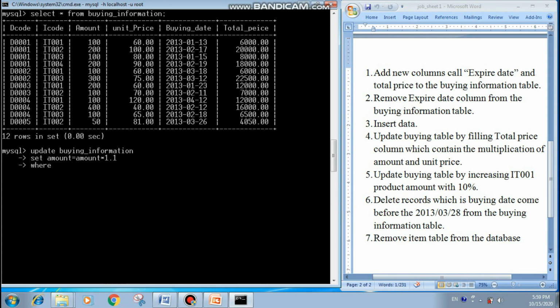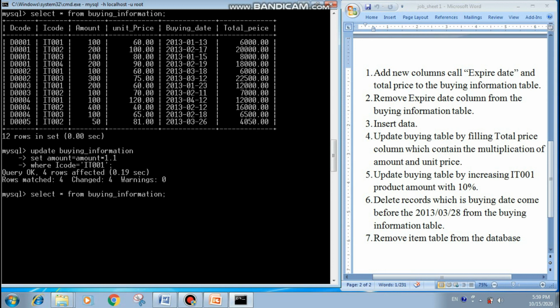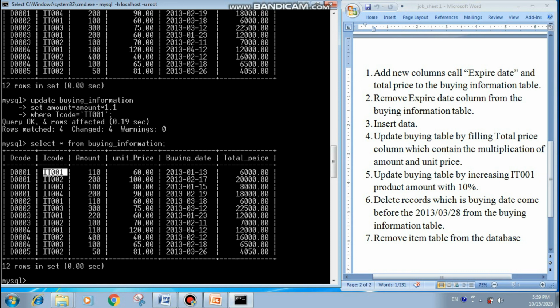Here I am going to do this change only for the IT001 product. Because of that I am going to use the where clause. Inside that where clause I am going to give my condition. It is I code equal IT001. You can see the query is okay. Now I am going to check the update.